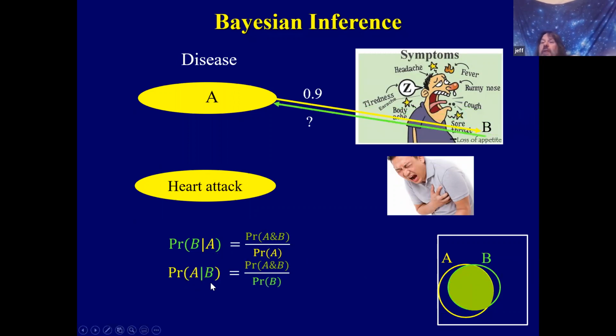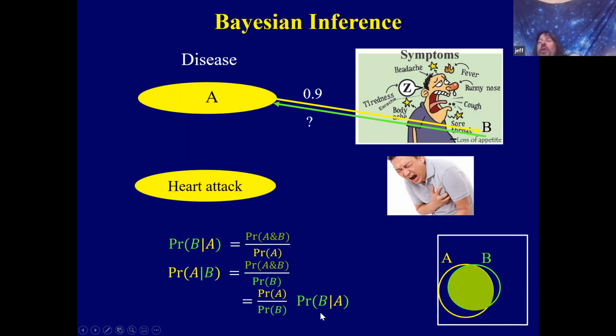And we can turn it around. We can say, well, suppose I told you that B is true. We know that we landed in B. Now, what's the probability that I'm in A? Well, it's the area of the intersection divided by the area of B. So that gives us two equations, and you rearrange them, and you get Bayes' law, which tells you what's this